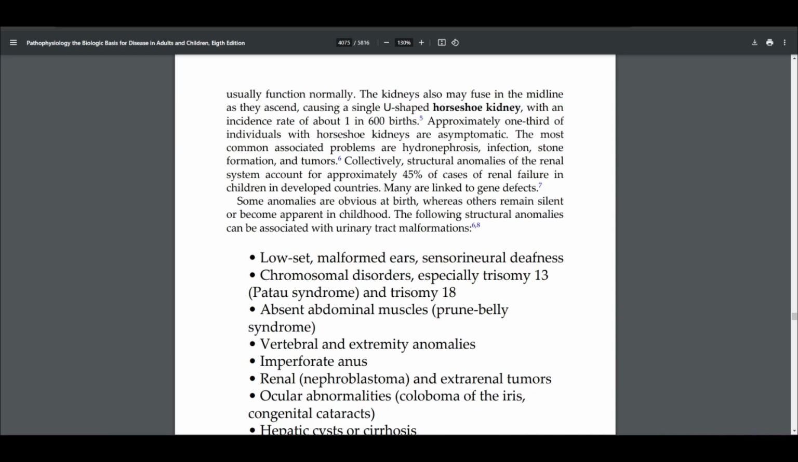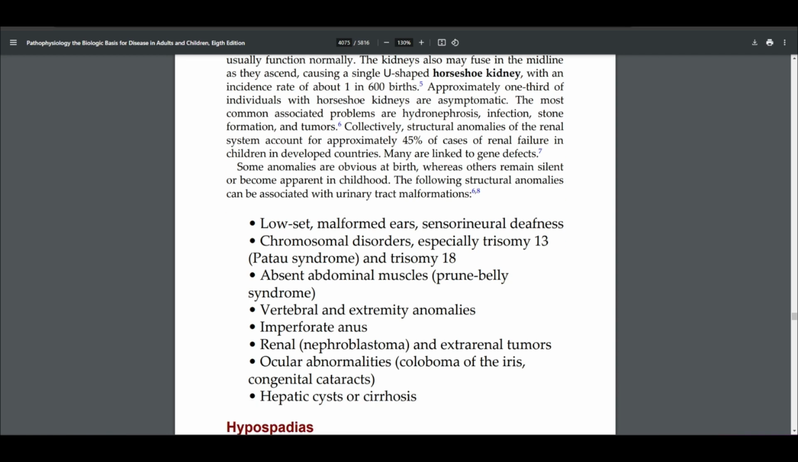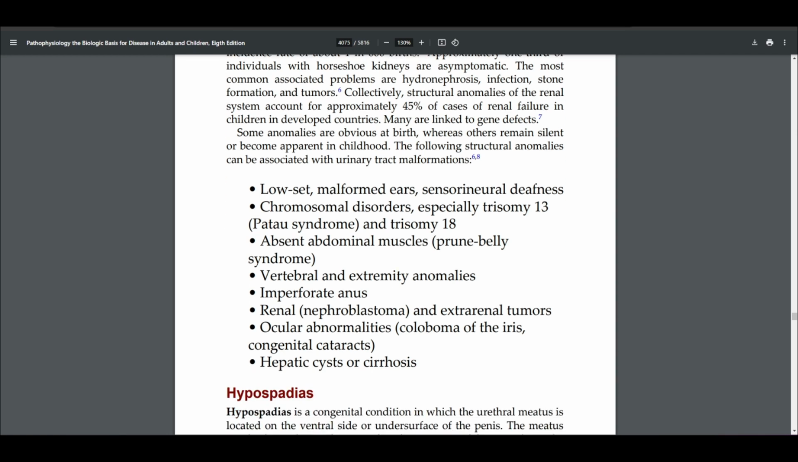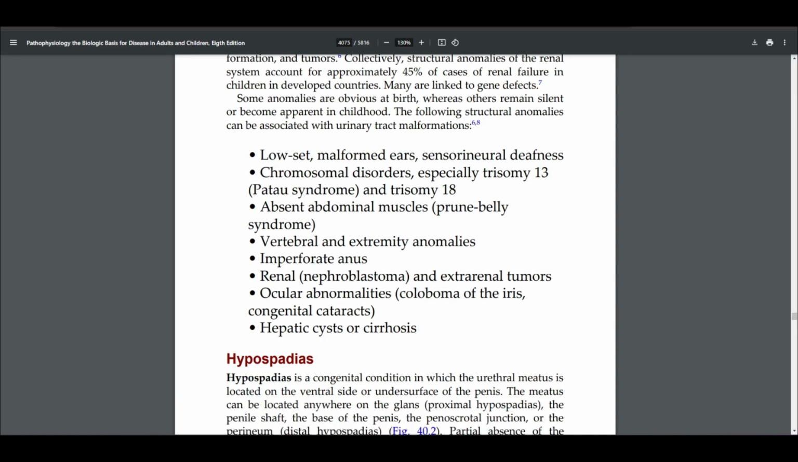Approximately 1/3 of individuals with horseshoe kidneys are asymptomatic. The most common associated problems are hydronephrosis, infection, stone formation, and tumors. Collectively, structural anomalies of the renal system account for approximately 45% of cases of renal failure in children in developed countries. Many are linked to gene defects. Some anomalies are obvious at birth, whereas others will remain silent or become apparent in childhood. The following structural anomalies can be associated with urinary tract malformations: